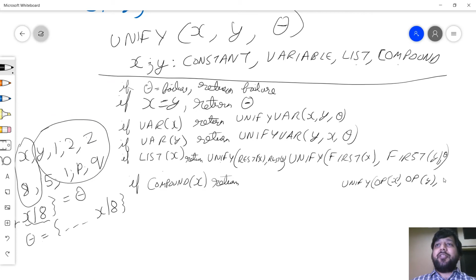So comma theta. So this function unify will add whatever new substitutions have been made such that the names match. The theta, which is everything that has been substituted, along with the new substitution that are a return of this, is what I'll use as I unify the arguments of X and arguments of Y. So I just need to copy this up. So unify arguments of X and arguments of Y.